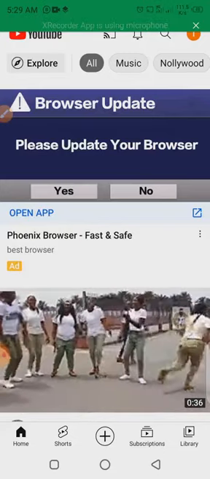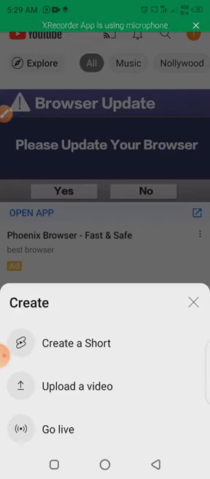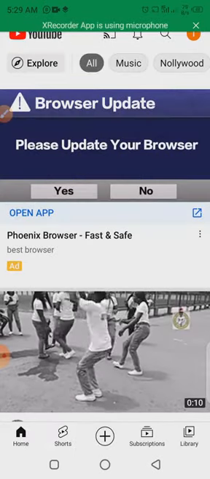So how do you upload video? You click on this plus sign here. You can see create a short video or upload a video. So if you already have the video recorded already on your phone, you click on upload video and you do necessary editing, and your video will go